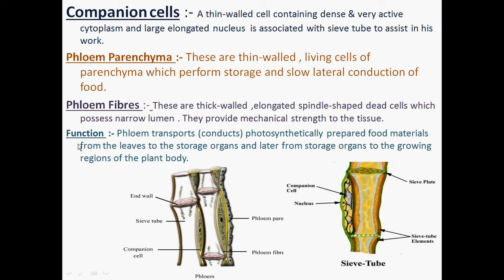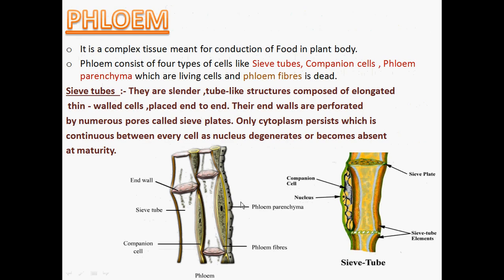So finally, students, now the function. From the function, we can easily understand that the only function of the phloem tissue is to conduct the food and various nutrients to different parts of the plant, that is from the leaves to the storage organs, and from the storage organs to the growing regions of the plant body. Okay, and the storage organs can be the fruit, the buds, or a stem. So they can be the storage organs of a particular plant, and from the storage organs to the growing regions of the plant body, so that the plant should grow and be able to survive and feed us in different manners.